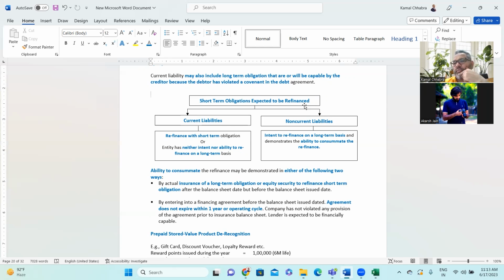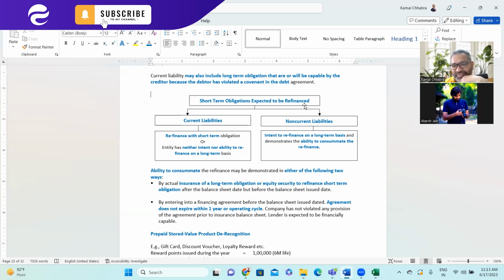No. नहीं Akash, any guess? नहीं, आकर्ष ने गेस करा ये तो। Huh? ये आकर्ष ने गेस करा था। Ayush, any guess? रीफाइनेंस पता नहीं, ये मुझे पता नहीं, ऐसा लग रहा है जो हमने उसमें पढ़ा था ना, सेल एंड लीज बैक, उसकी तरह ही Hmm. कुछ होगा ये।